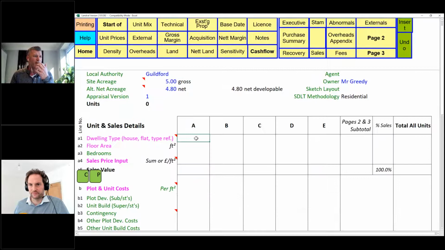We're literally going to put in some basic information in here just to show you what we can do. This is going to be a house. They're actually all going to be houses, so I could use copy and paste and just paste these in here. And we're just going to do some houses. This could be a 2-bedroom house. Yeah, let's do the 2-bedroom house. This is going to be a 3-bedroom, and this could be affordable. These ones, we could say are our affordable type, and I'm going to put affordable housing on the top, and just keep it very simple.